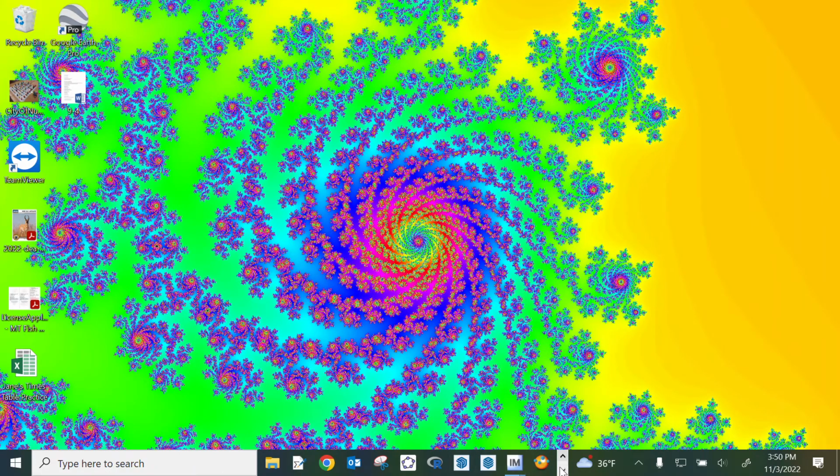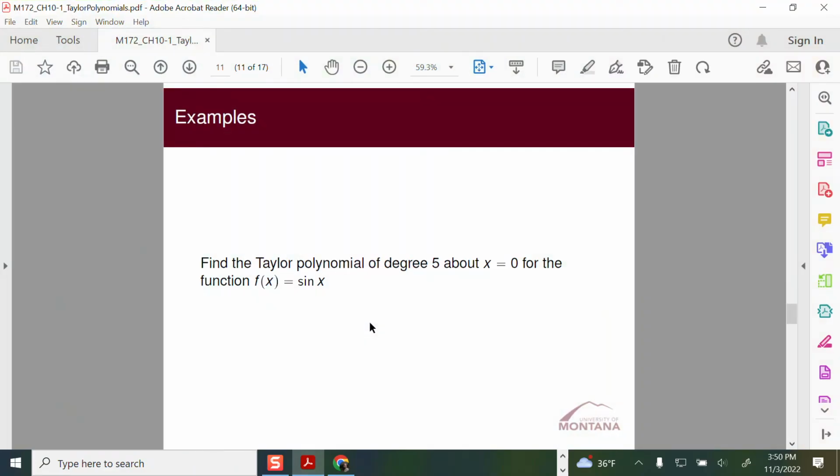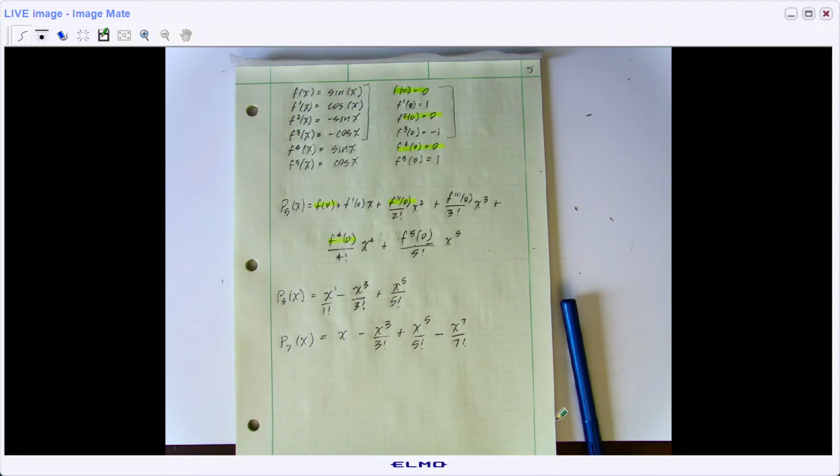Where to go next? Let's see. What about e to the x? What if we wanted a degree 10 polynomial for e to the x? So let's do another example here. I'll switch over to my ElmoCam again. So I should probably wrap this up and just say,